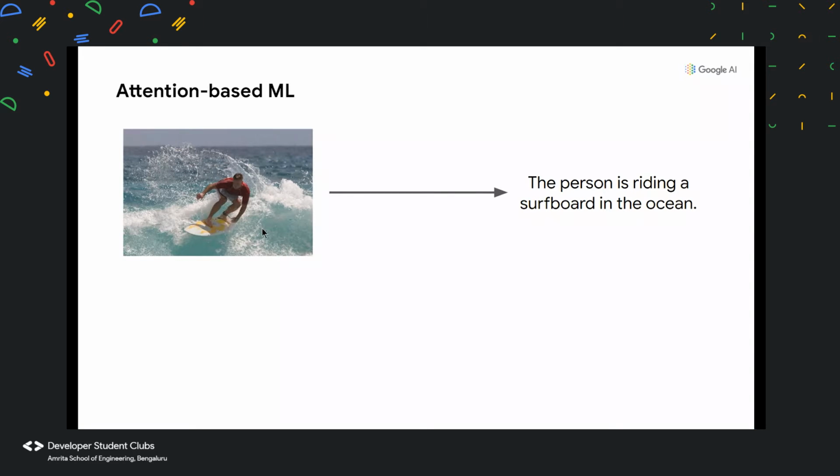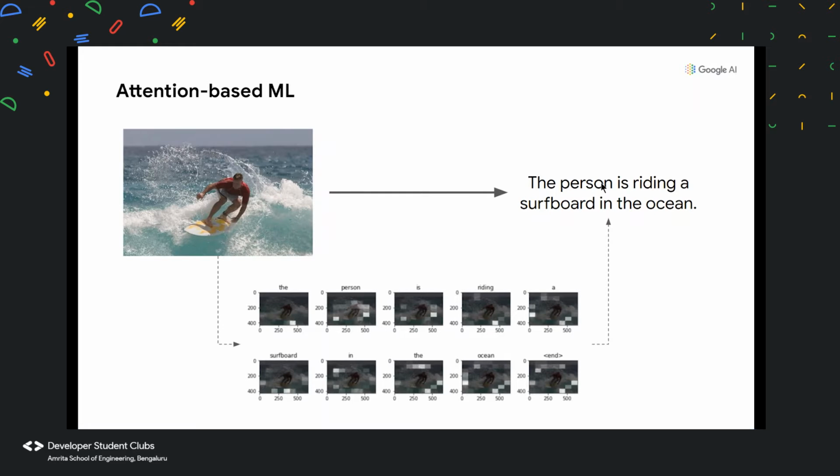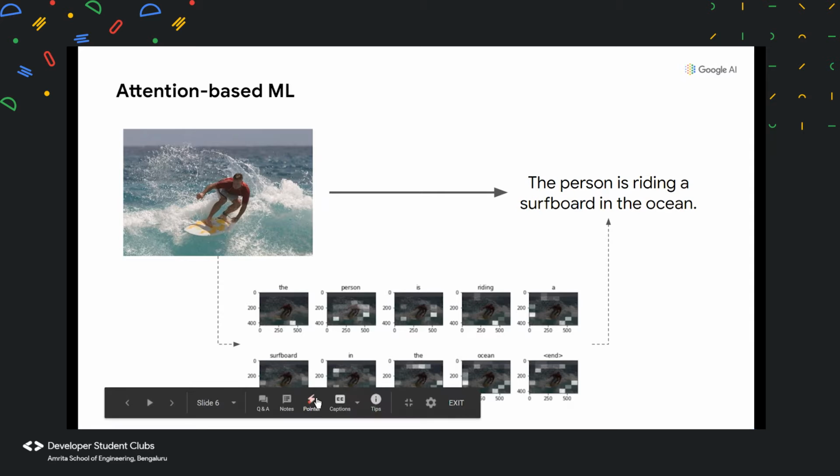And that's how we do it. We focus on certain parts of the image, and that's how we're able to detect the relation between the different portions in our image. Or in other words, we placed our attention on certain parts of the image and finally generated the caption. Now our neural network is also going to do the exact same thing. It is going to take the image, and it is going to focus its attention on certain parts of the image and generate corresponding words for that specific part.